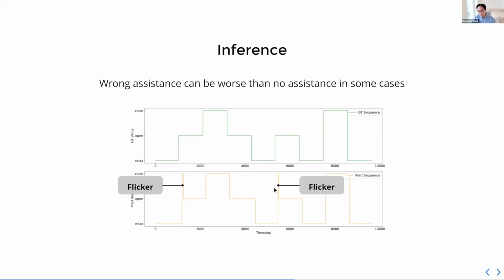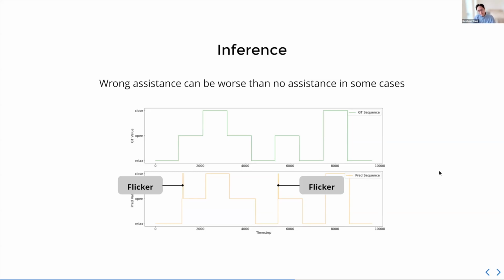This might not seem like a big problem at first, but if you think about the use case of the orthosis, this is actually very catastrophic. Say a person is trying to hold a bottle with hot water inside, so the hand is closed. If your model makes, even for a split second, an open prediction that triggers the device to open, you might drop the mug, you might spill water on yourself, you might hurt yourself.